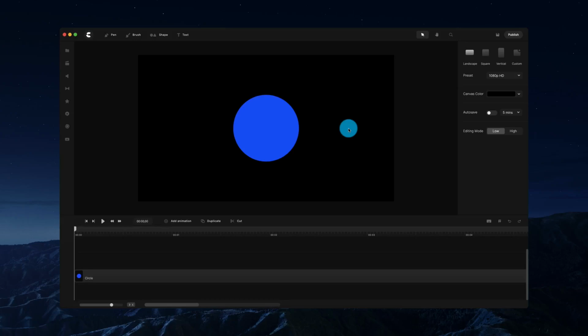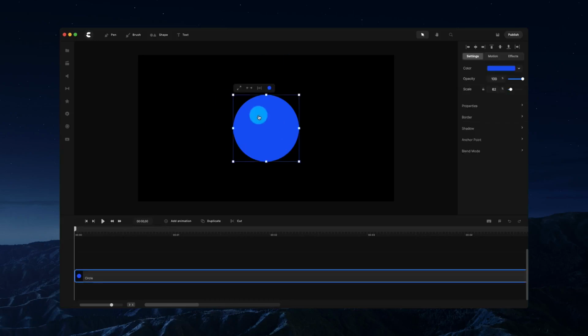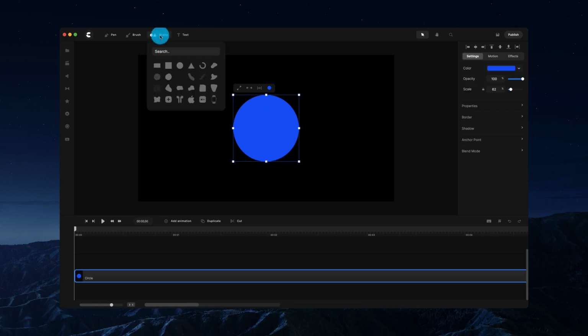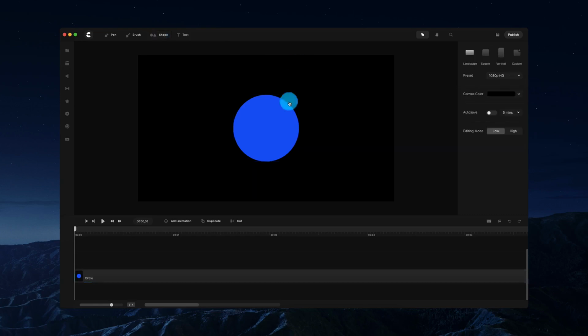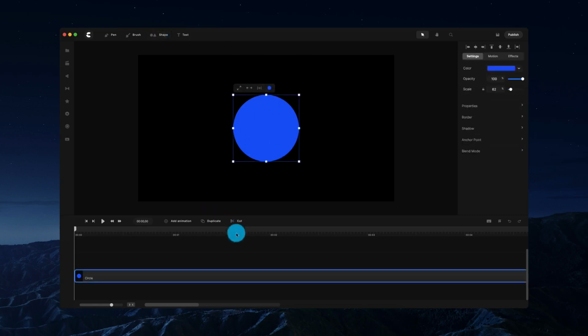Hi, in this video, I'm going to show you how to work with keyframes and create custom animations inside of CreateStudio. So what we want to do is go ahead and first create a position animation, and I've just gone ahead and added a circle from the shape menu over here. So if you want to go ahead and do this with me, you can. So I've added my shape layer over here, and what I want to do is create, first of all, a